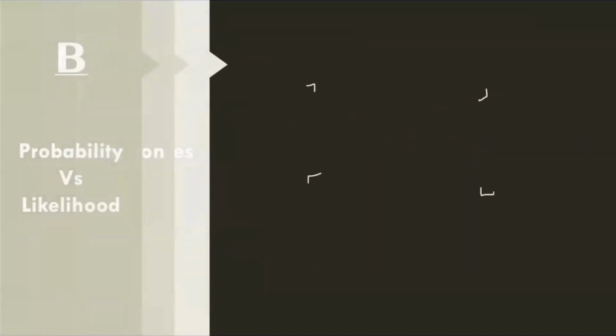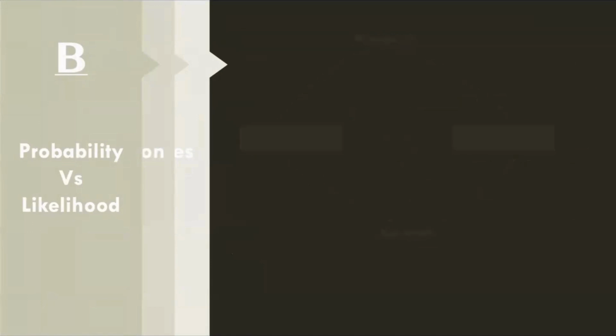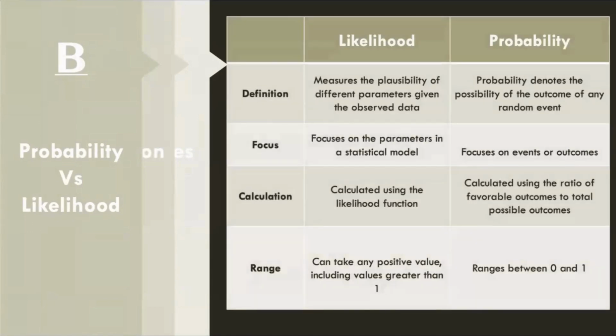This brings us to the next aspect, where we talk about the difference between probability and likelihood. For instance, let us say you have a model and you want to talk about the outcome, then it is probability. On the flip side, if you have observed a few outcomes and you want to figure out what model could have been used, then it is likelihood, which is also defined in this table, where likelihood is a measure of plausibility of different parameters given the observed data, whereas probability is for figuring out the possibility of an outcome